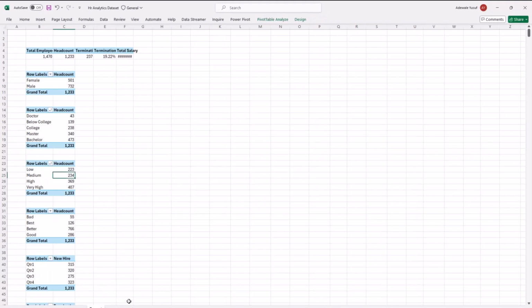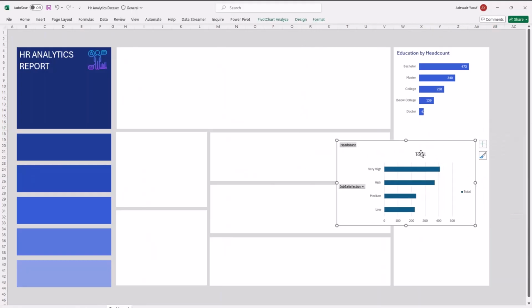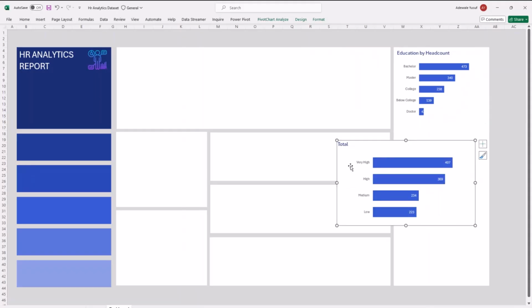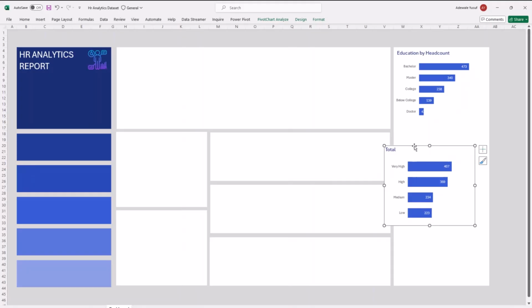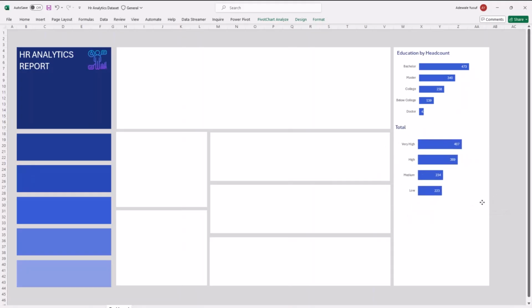So I can take this to my dashboard here, paste it here. Once I paste it here, what I just need to do to format this one is click on this one here, which is the one you have here, Control C to copy, and come here and paste it on it. Once you paste it on it, it's going to apply the formatting options like you did in the first one.